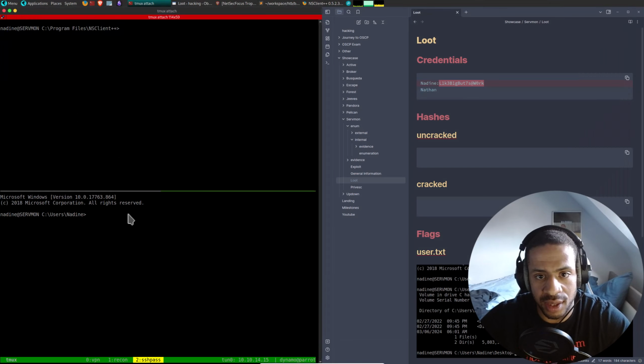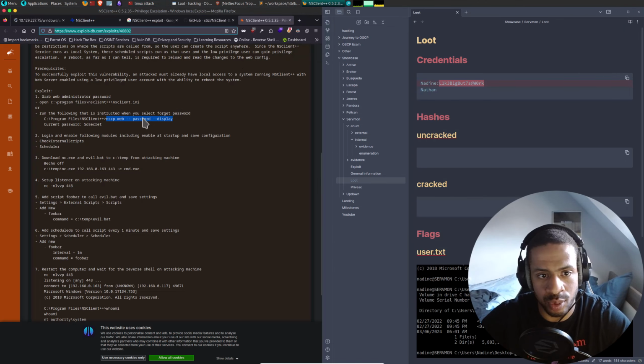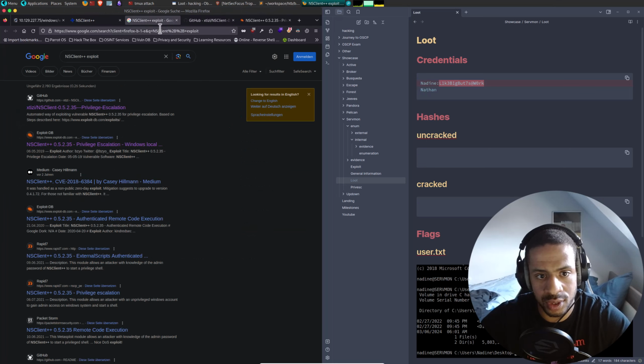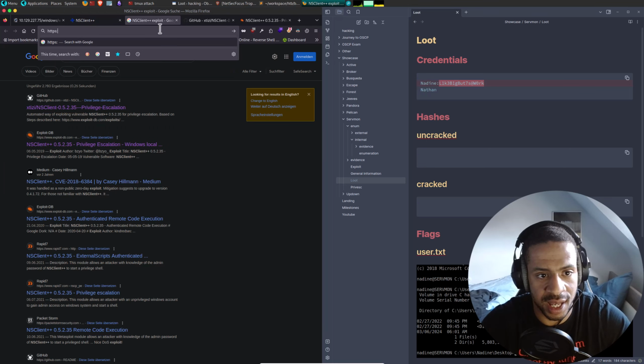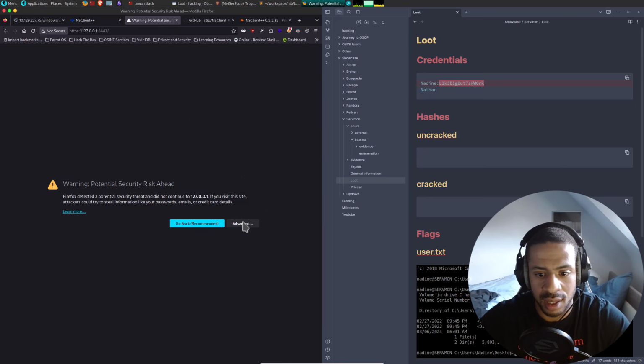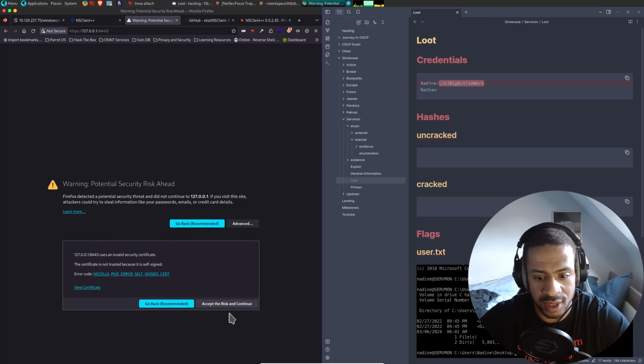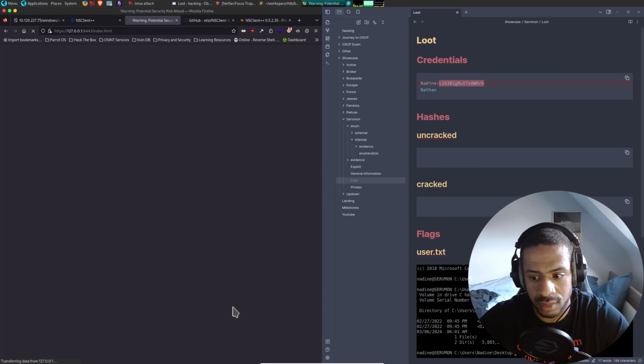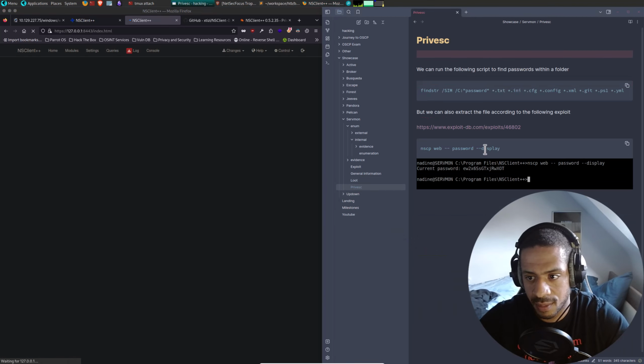So with that being done, I should now be able to browse to localhost. So https://127.0.0.1 and then on port 8443. Advanced, accept the risk and continue. Privesc.